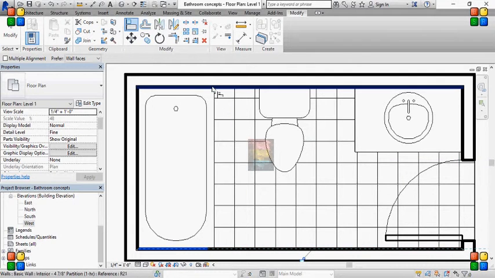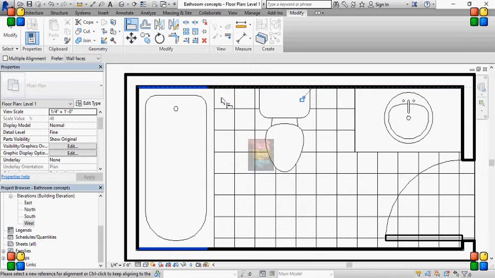Or you change your mind. No, I want my cut to start here. And it moves that. However you want to do it. However you want to set it up. But there it is. The next thing you want to do is, okay, I've got my floor now, but I'm